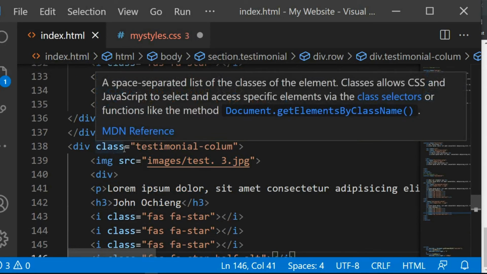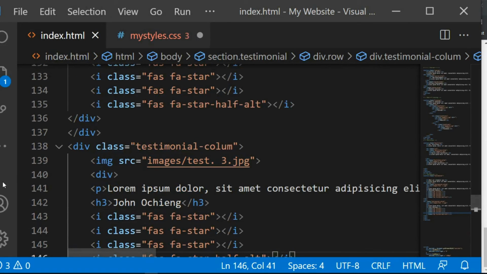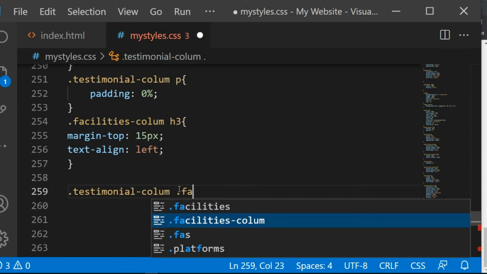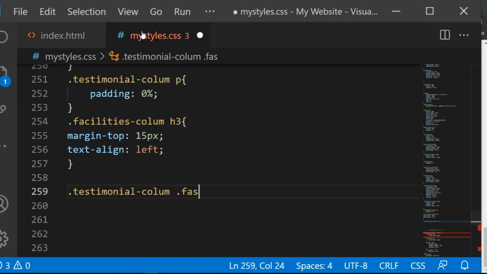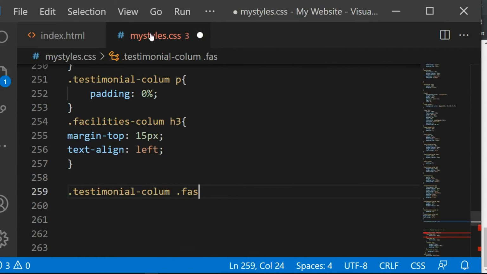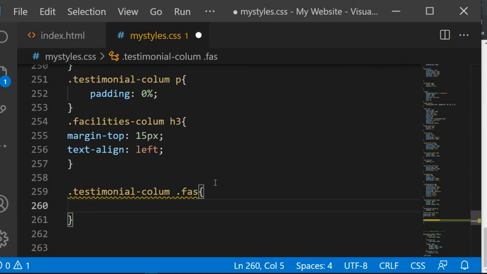It is in the testimonial column. So now I'm going to tag it now the FAS. Remember the class for these icons is FAS. FAS. And then now open and close the curly braces,